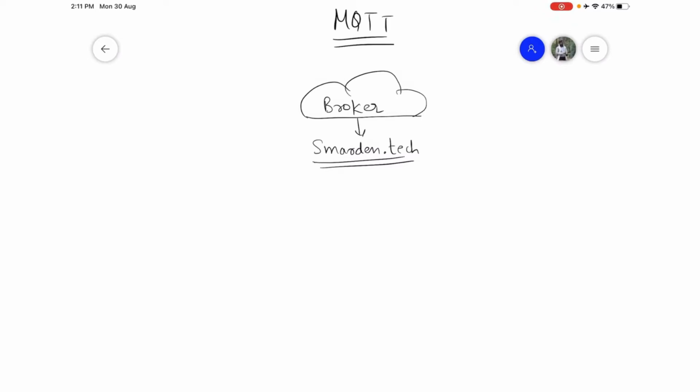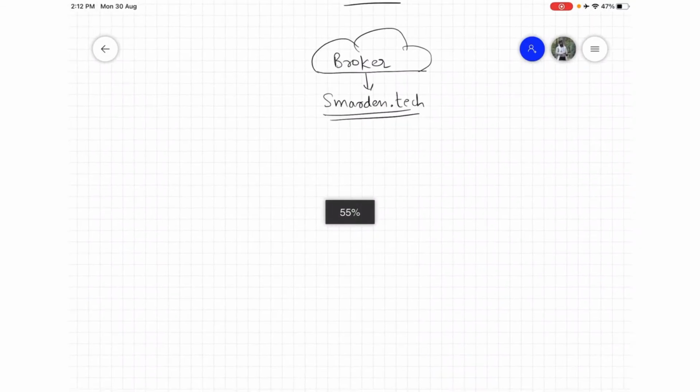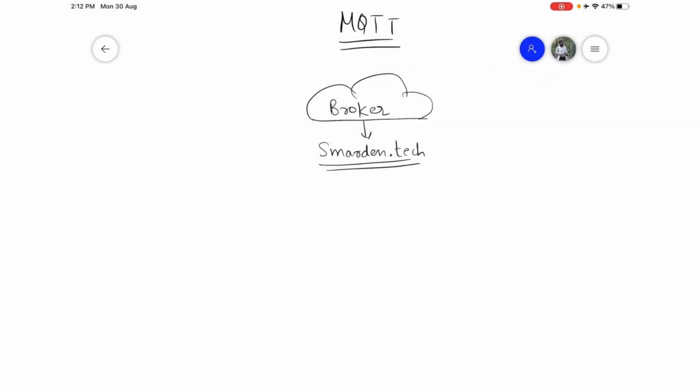So you don't have to focus on building a new broker, or you don't have to focus on the backend of it. What we have done here in the smartn.tech that allows you only to focus on the hardware and not to think about these brokers and other things is we have placed a broker on the smartn.tech and we are giving you complete access to that broker so that you can communicate your device on the platform, and then you can control and monitor it directly from the platform.